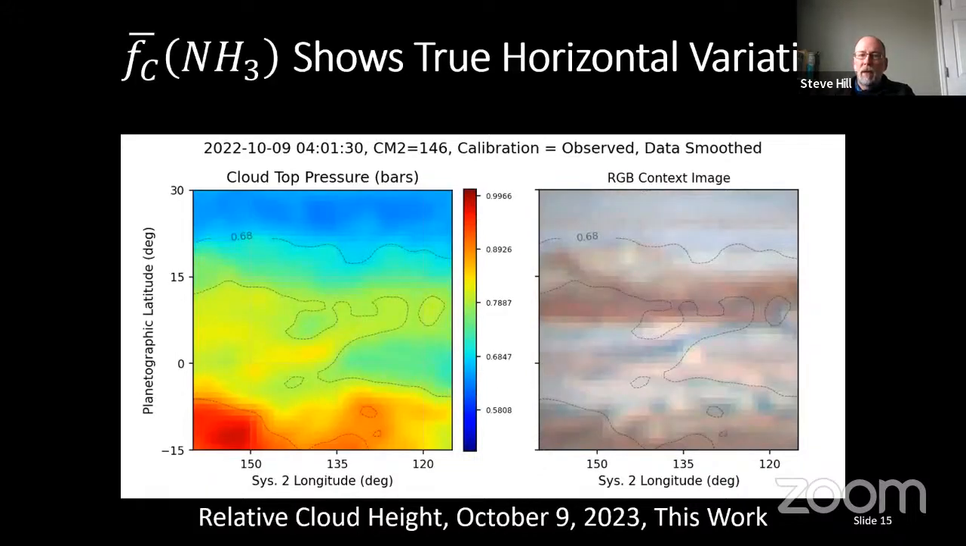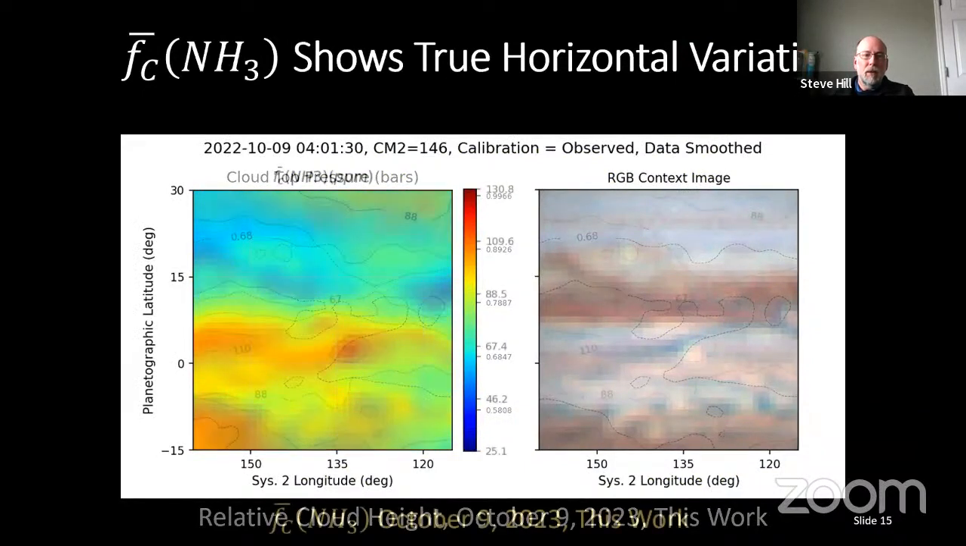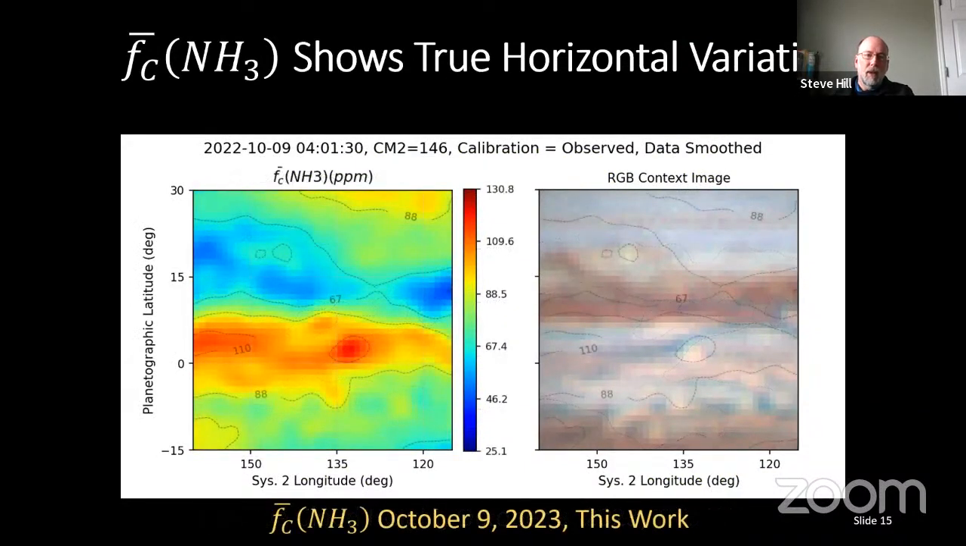And then finally, an important fact is that ammonia abundance varies both horizontally and vertically. We really wanted to make sure we're decoupling this from the distribution of cloud height. So we computed a rough relative cloud height using our methane filter and its known absorption cross-section, and we compare that to the distribution of ammonia here. So the first chart was the cloud height,